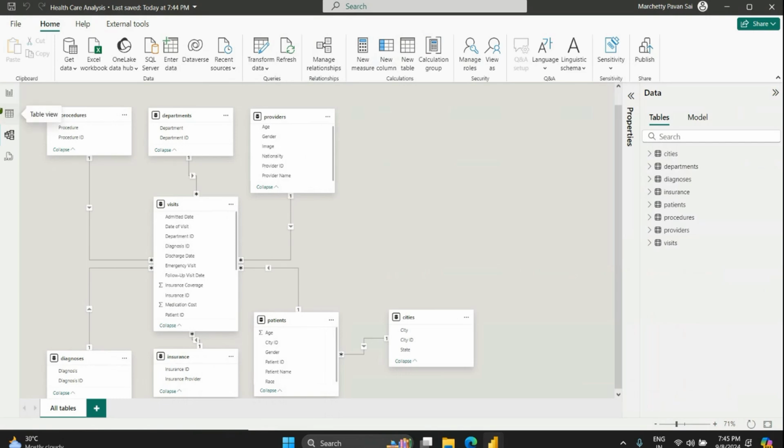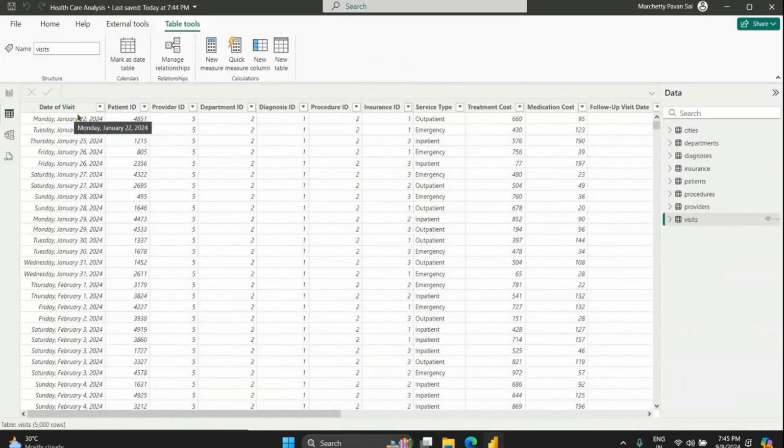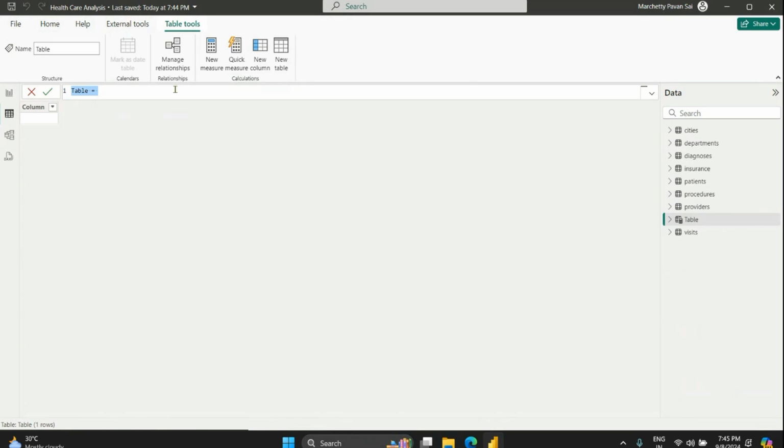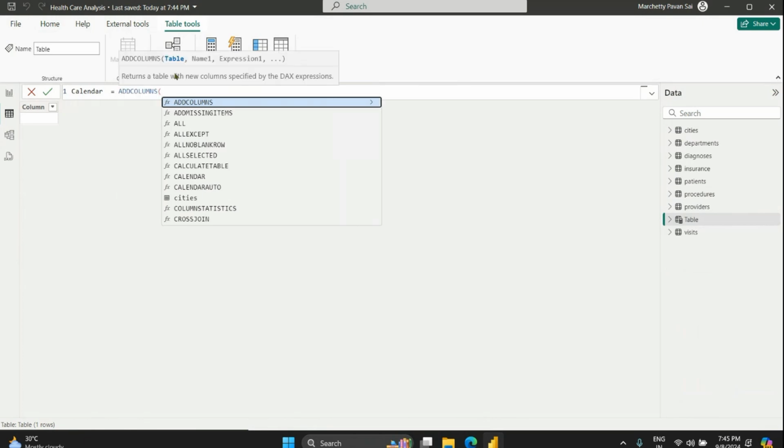Apart from that, if I go to my table view, in the visits table I have some date-related columns. Whenever I have a date-related column and want to do time intelligence analysis, what would I require? A calendar table. So in order to create that, I'll create a new table. Here I'll create my calendar table: Calendar equals, I can write ADDCOLUMNS,